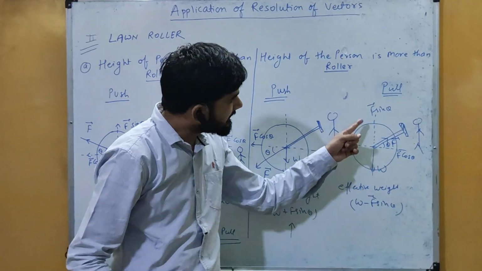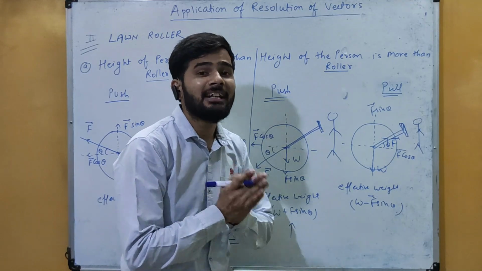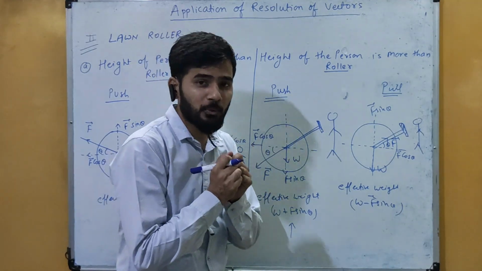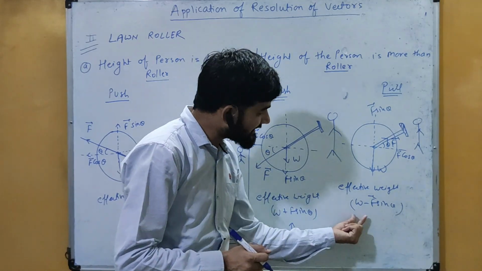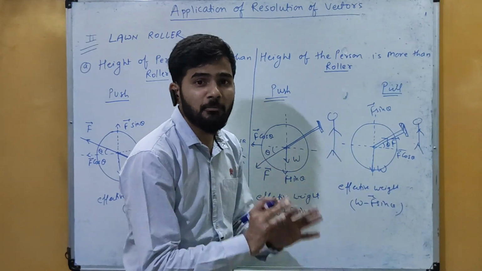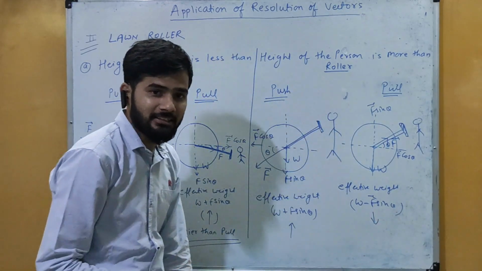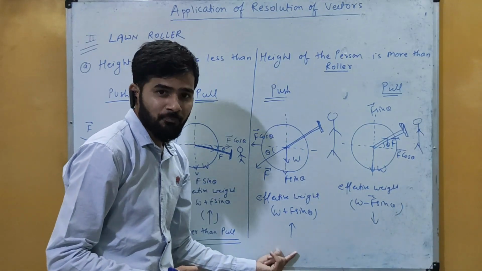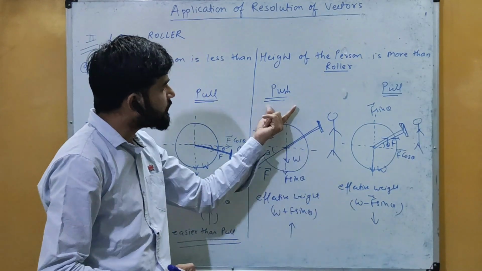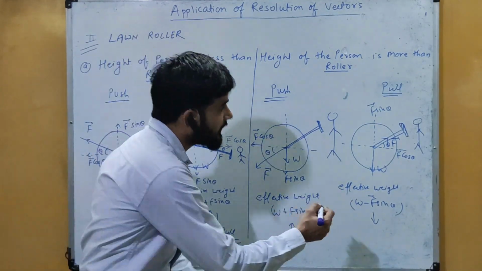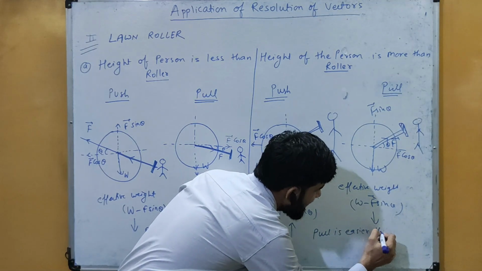Why minus? Because this F sin theta and W, that is the weight, are both acting in exactly opposite directions, and when two vectors are acting in opposite directions, the resultant will be the subtraction. Here you can see the effective weight क्या होगा यहाँ पर? कम हो रहा है, because we are subtracting something from this W, so the effective weight will decrease. So here you can compare these two: when you are pulling the lawn roller its weight decreases, but when you are pushing it then its weight increases. So here we can write this, pull is easier than push,